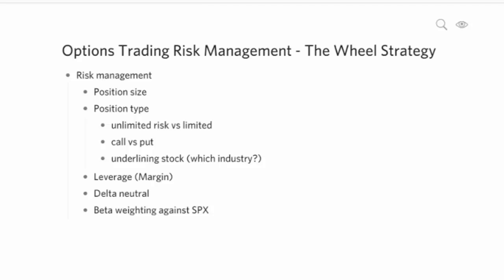Because when you have a positive delta, which means when the market goes up, you profit. When you have a negative delta, which means when the market goes down, you profit. And of course, that's in theory, because depending on the setup that you have, if you're using put or call to speculate which way the market is going for you to profit, the positive delta and the negative delta can